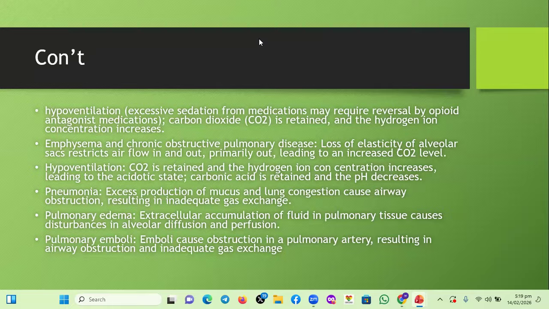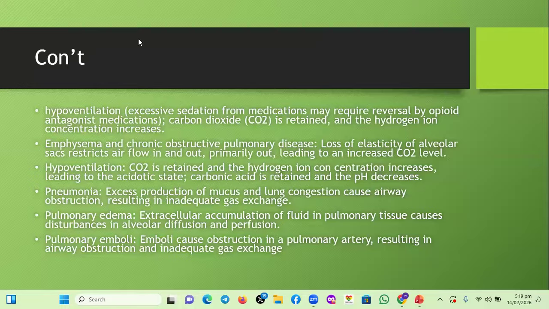So think about conditions that affect the lungs whenever you get a respiratory acidosis question. If it is a condition that affects the lungs, don't go and take metabolic. You take respiratory. Then decide, is it alkalosis or is it acidosis? If it is acidosis, it means the carbon dioxide is more. Don't worry about the labs, we'll go into the labs. So in terms of the labs,